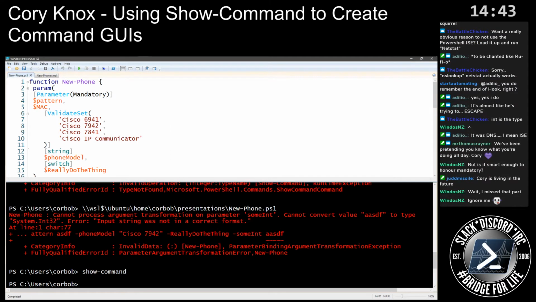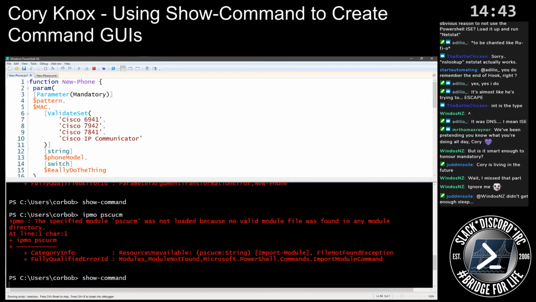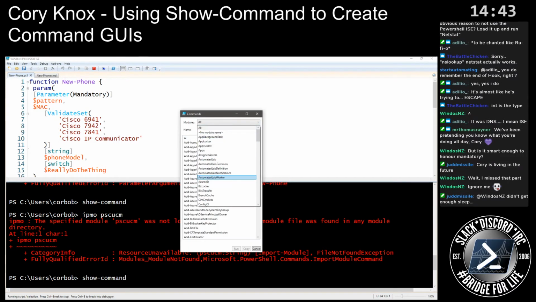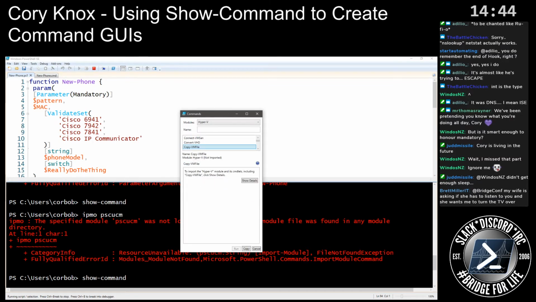So like if I do IPMO PS UCM. Okay, never mind. But you can select a module, and then you can select them from there, which would allow your users